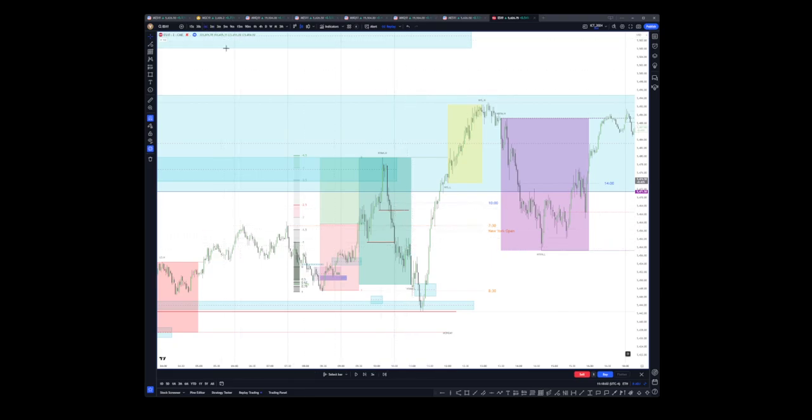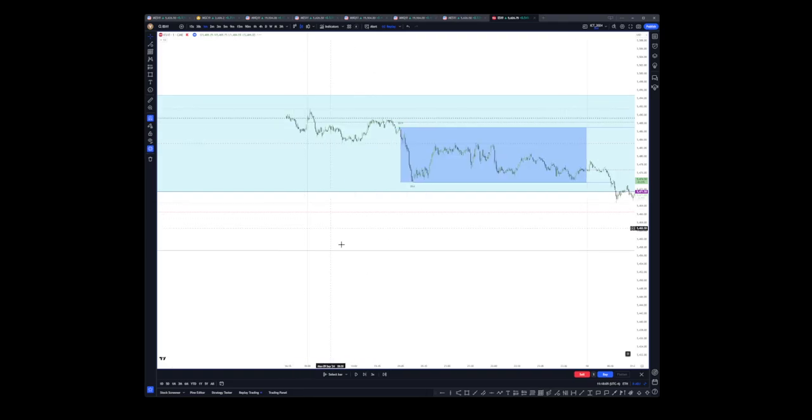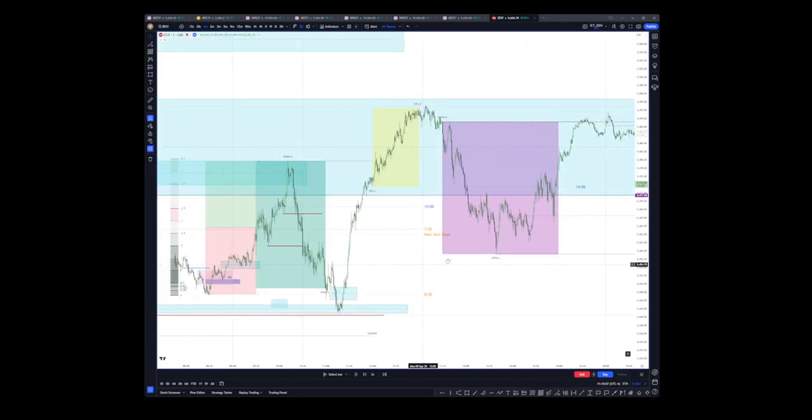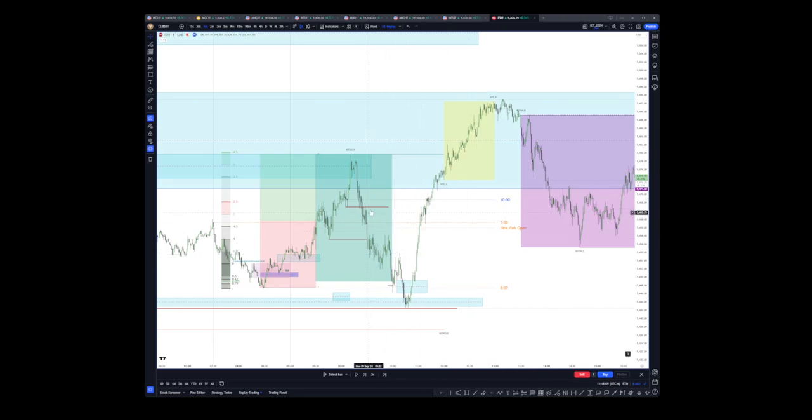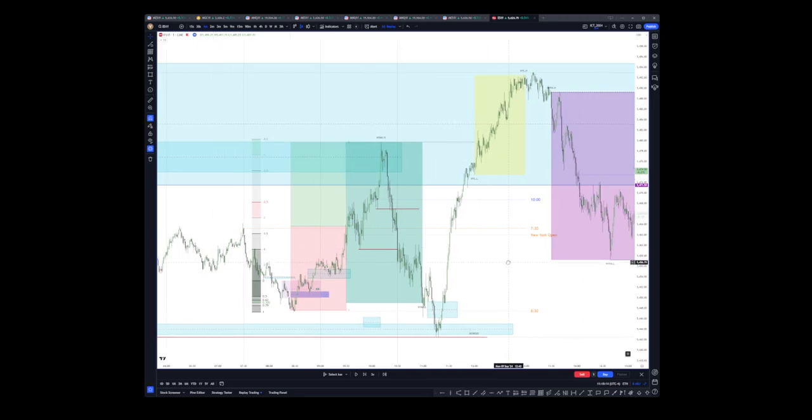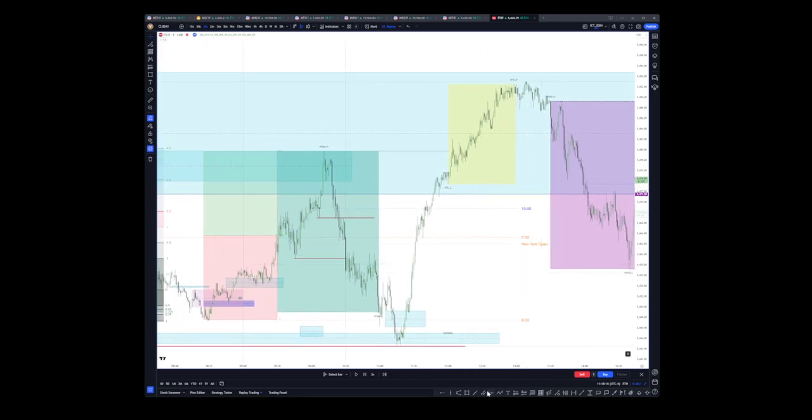Okay, I went down to 1 minute. Let's see. Even there, it was very difficult. See, on the 1 minute, you can see the same structure happen. Fair value gap on this side, right? Fair value gap on this side, right? Market structure shift